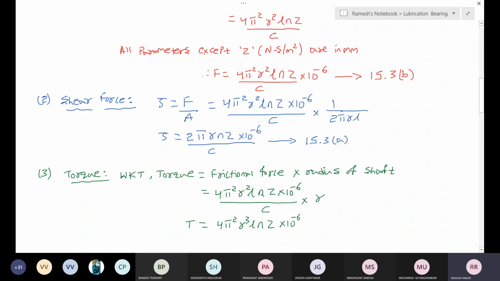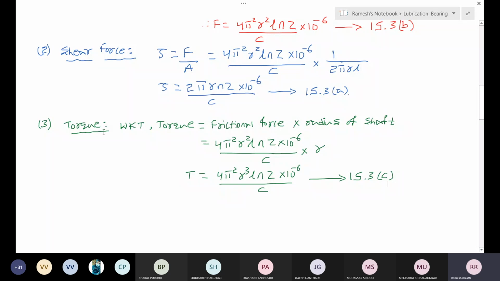Already I have multiplied this r. So I am getting this as r cube divided by c. This equation is also there. That is the torque. The equation is there in your data input, that is equation 15.3c. And we know that whatever the frictional torque is there,